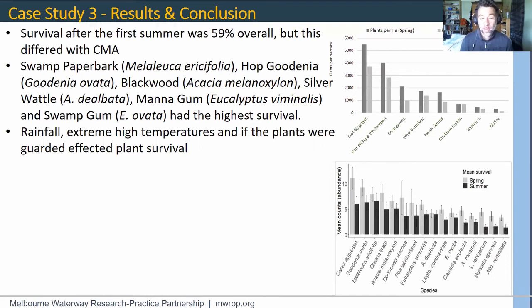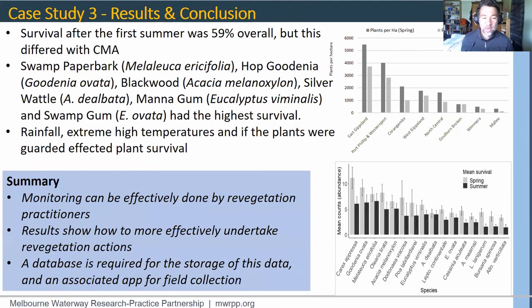Overall, rainfall had a big effect on our planting, so sites that were wetter had better survival. As the earlier study I talked about showed, extreme high temperature also played a big role in plant survival. We also found that if the plants were guarded, that increased their survival over time. So we could really say that monitoring by community groups is a really effective way to see how well our